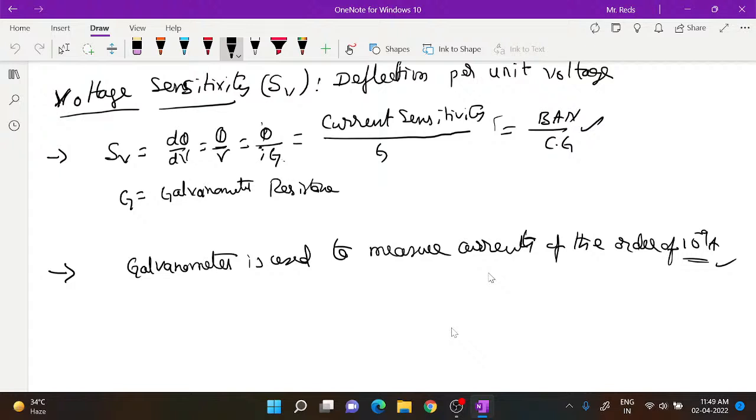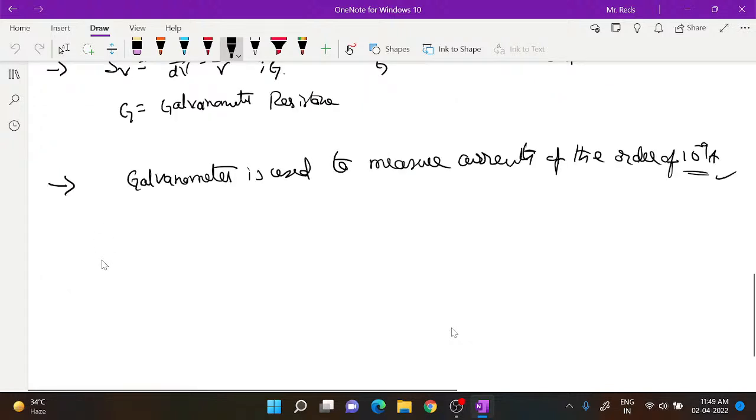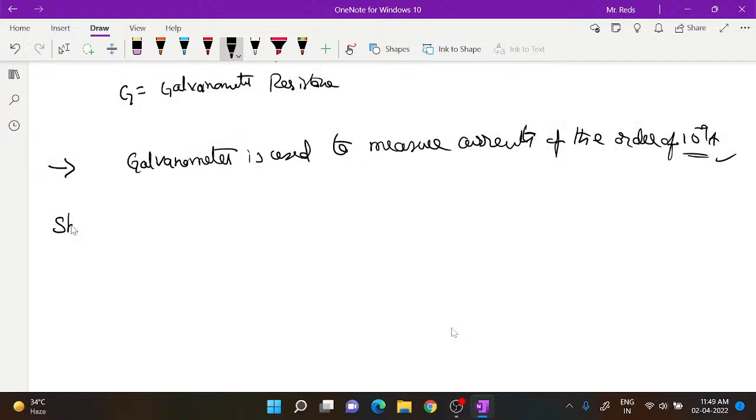Shunt is nothing but a small resistance connected in parallel to any device, to another resistor, to an ammeter, voltmeter, any device, is called a shunt. Here we are going to connect it to a galvanometer. That is the difference. Okay. So note down first, in general, what is shunt, or shunt resistance. The low resistance connected in parallel to,